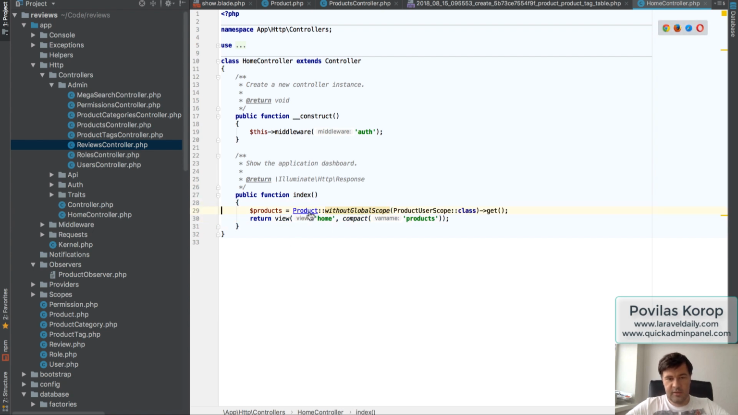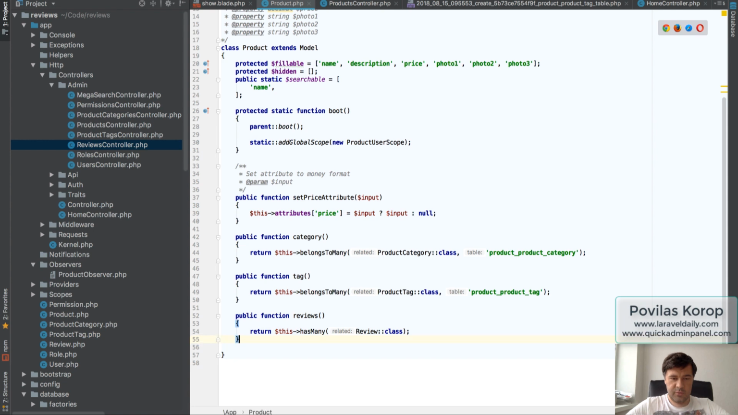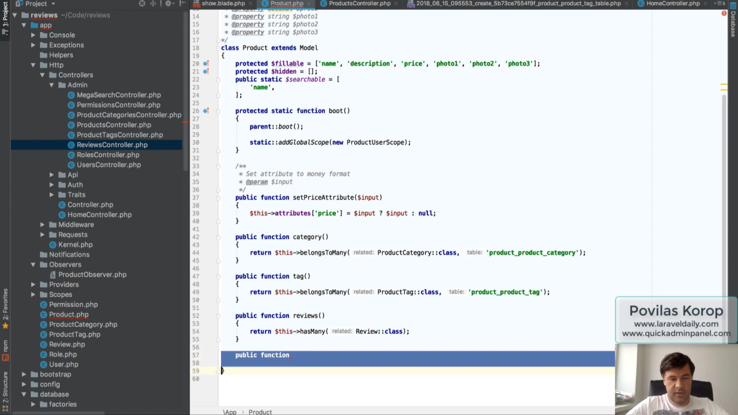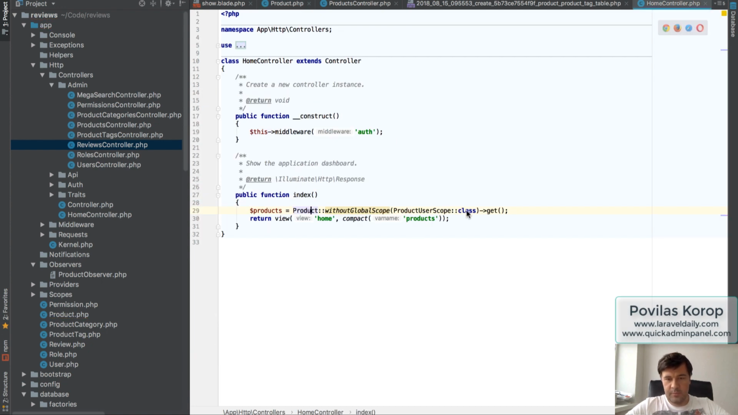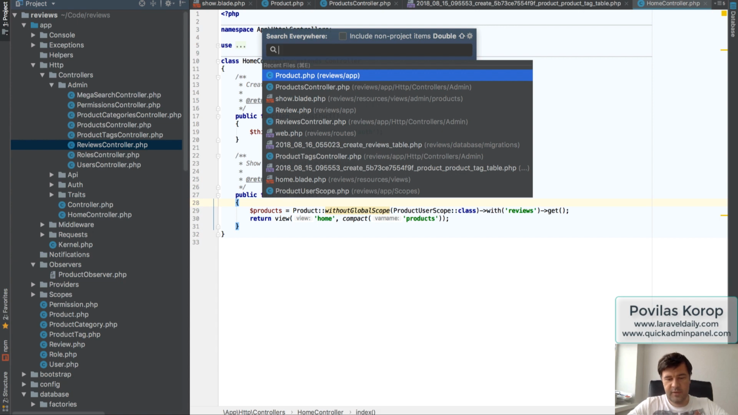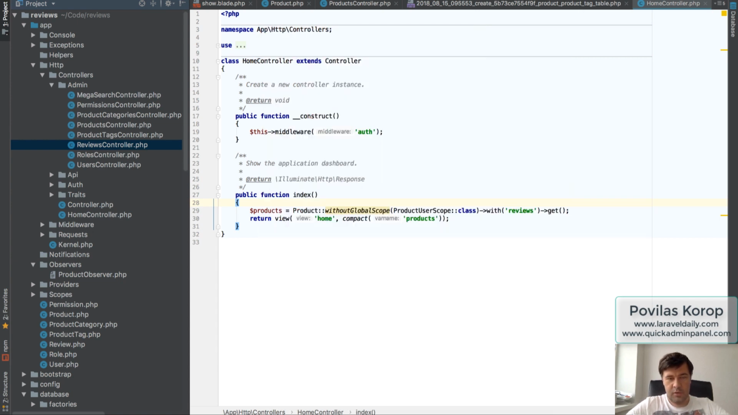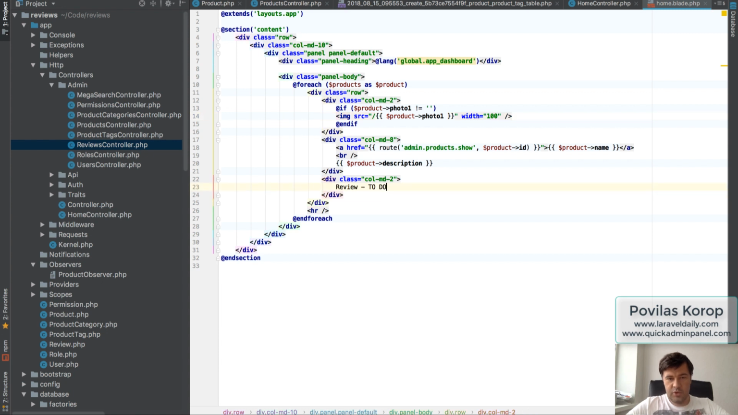And let's add an attribute, a mutator attribute of public function. Actually, we don't even need that, I guess. With reviews, and we'll calculate that in a blade. It's not the best practice, but it's probably the fastest way. So in home blade, what can we show? So product reviews